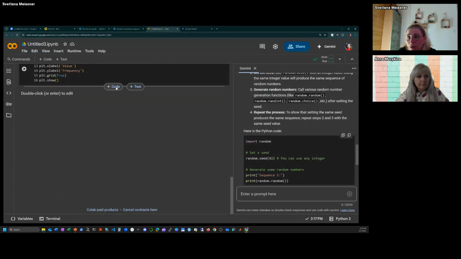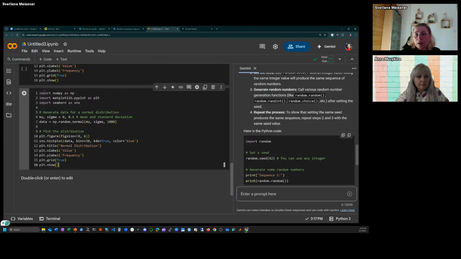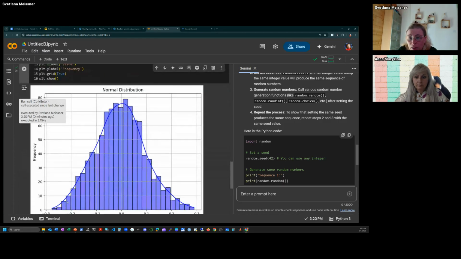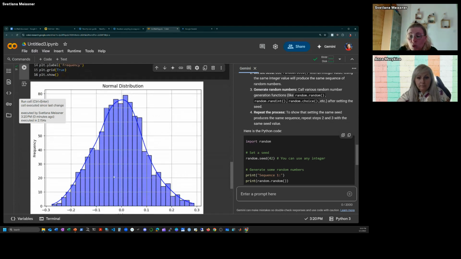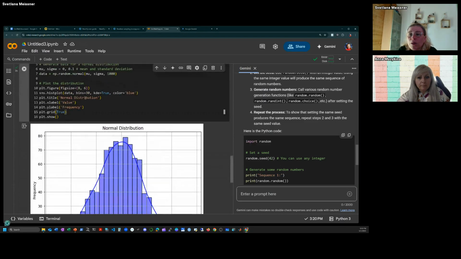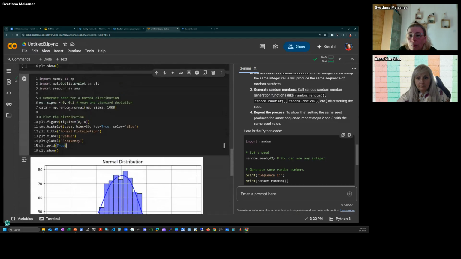So then we are adding again a new code cell, putting this part of code in, and it's running the code to see the charts I showed you before. Now we see the blue line, which is the mathematical line, and these are the distribution of the values that were generated. We've got 1,000 numbers randomly generated using a specific distribution, the normal distribution,